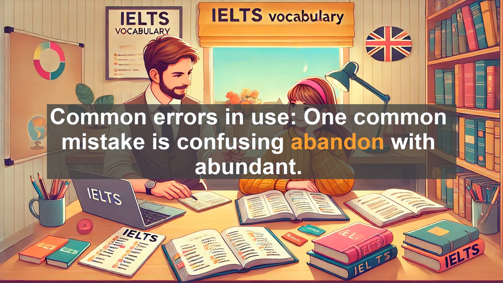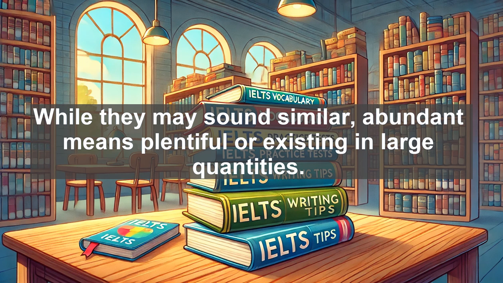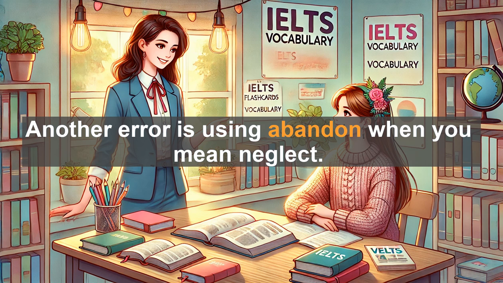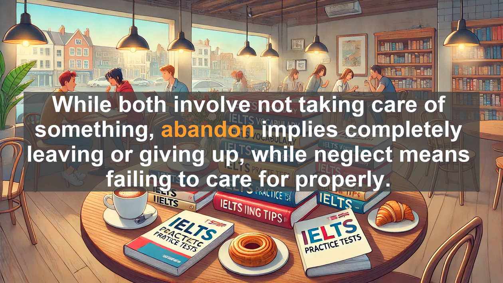Common errors in use. One common mistake is confusing abandon with abundant. While they may sound similar, abundant means plentiful or existing in large quantities. Another error is using abandon when you mean neglect. While both involve not taking care of something, abandon implies completely leaving or giving up, while neglect means failing to